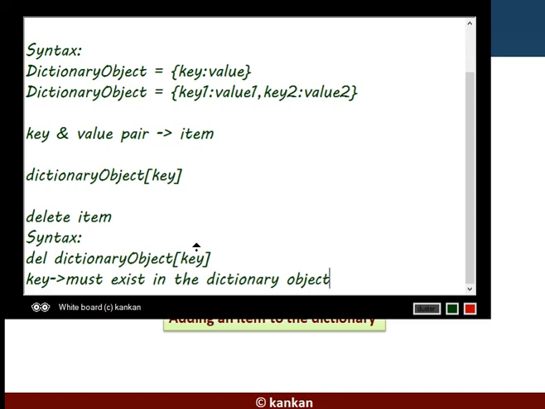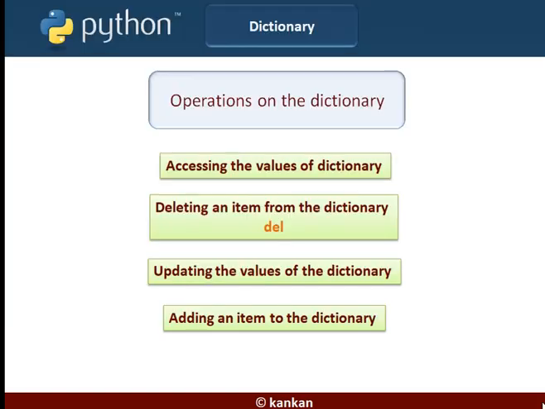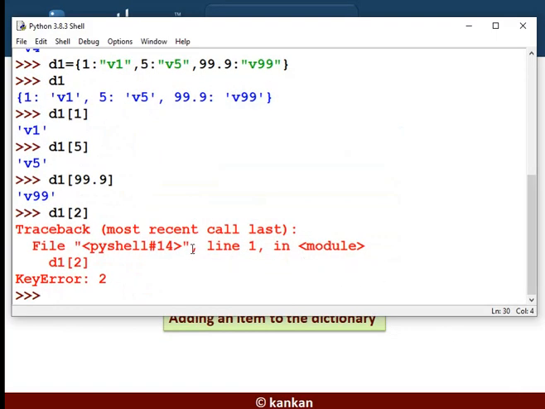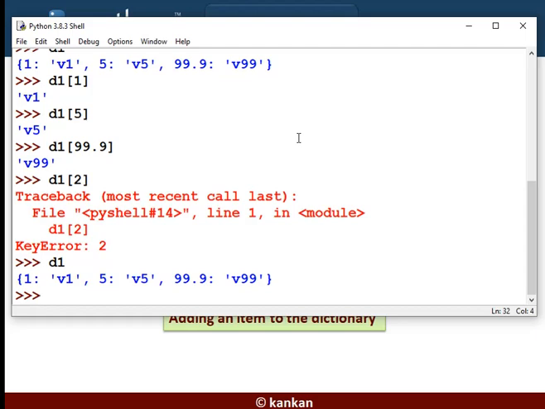Okay. Let's delete an item from the dictionary object D1. What is the value of D1? Key 1 value V1, key 5 value V5, key 99.9 value V99. Okay. Now delete an item.